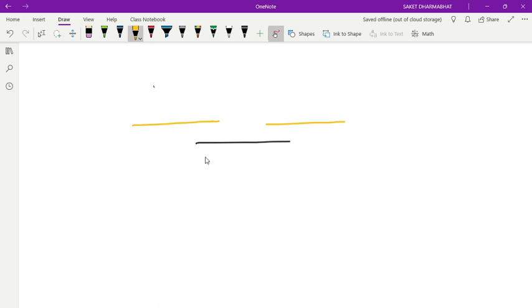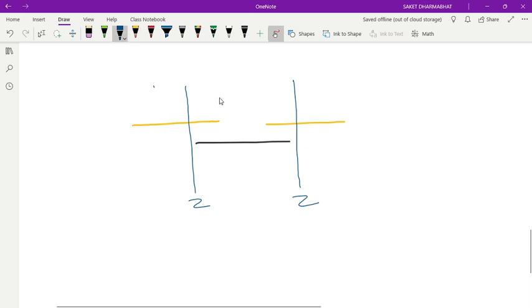Okay. So one thing here, if you see this region from here and here also, these both are what? Z line. Right? Z line is bisecting this. Clear? Okay. And one more thing, if you see this region,